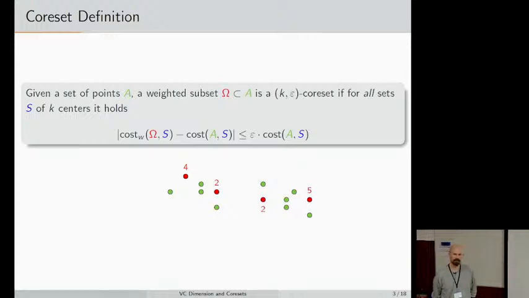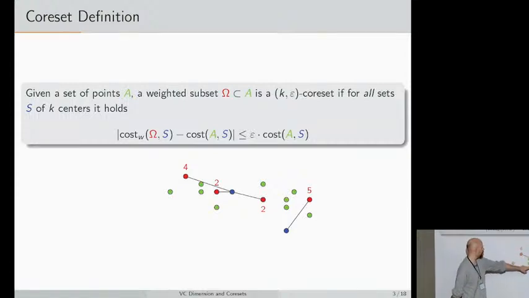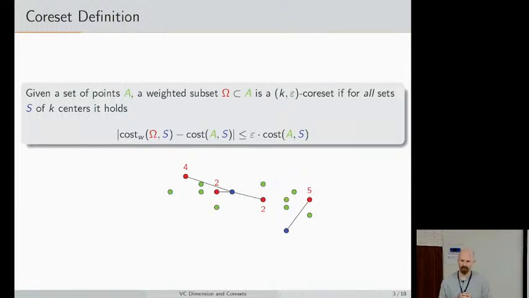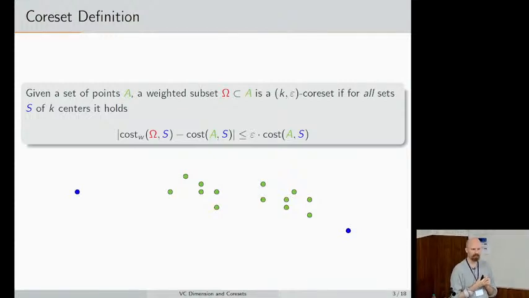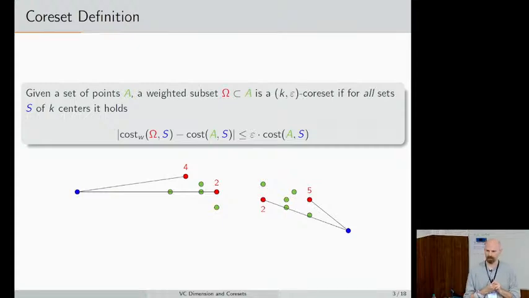What we want the coreset to satisfy is that the cost for any given solution is well approximated. You take the cost on the original point set and the cost on the coreset. In this case, for instance, this distance here would be multiplied by 4, this distance here would be multiplied by 2, and so on. You want those two costs to be fairly close. And the key property that coresets impose is that this guarantee holds for any given solution. So for all possible solutions that I could query, I want these two costs to be very similar.